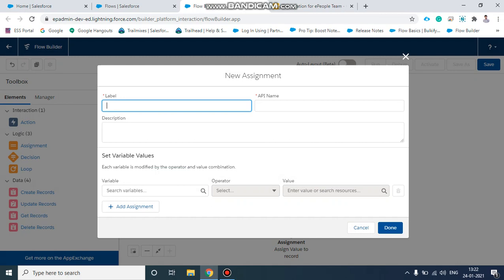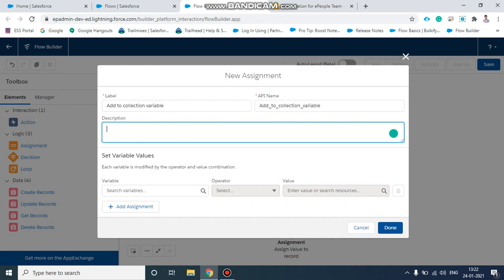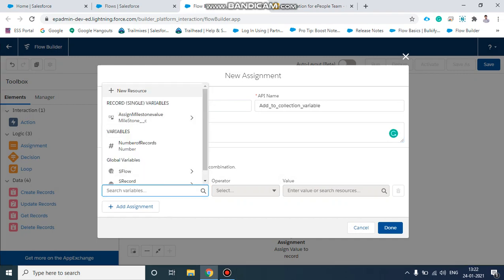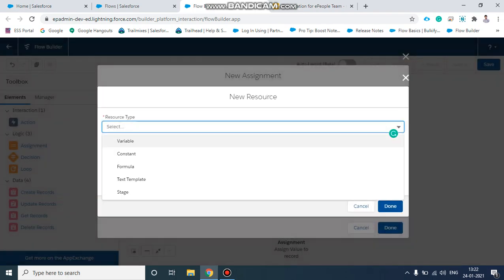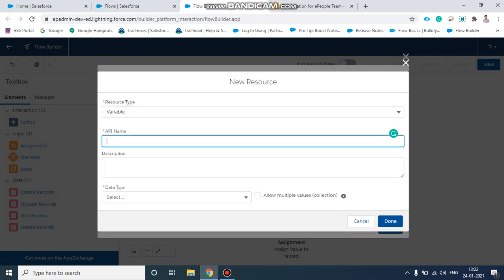In the collection variable we will store those records. Okay, add to collection variable. Here we will create a collection variable where we will store those multiple record variables.